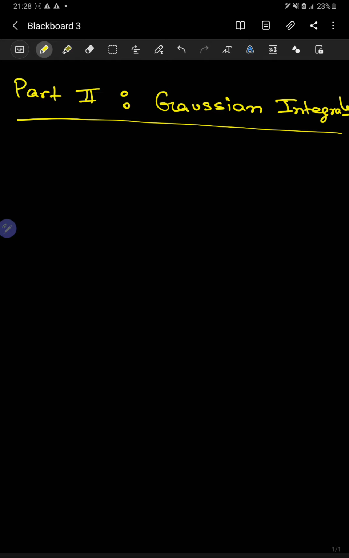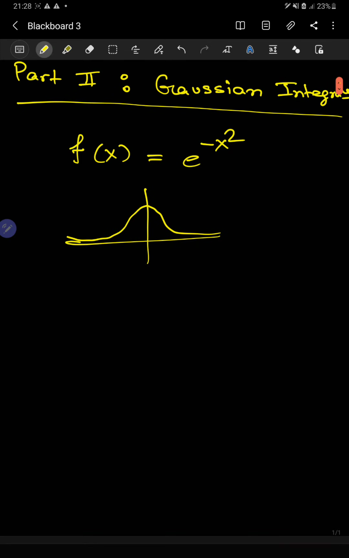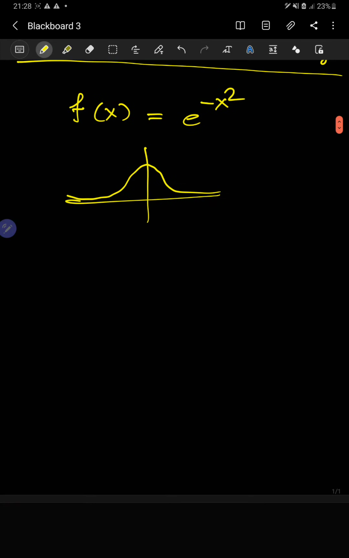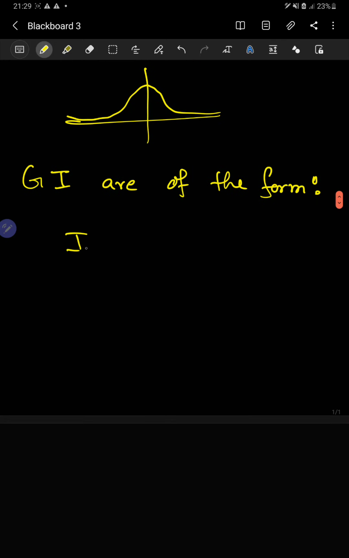So what is a Gaussian integral? Gaussian integrals correspond to the Gaussian function, which is something like this. And if you look at the graph, it's something like this. Gaussian integrals, or GI, are of the form, in one variable. We're looking at the one variable case first. So it is something of the form like,